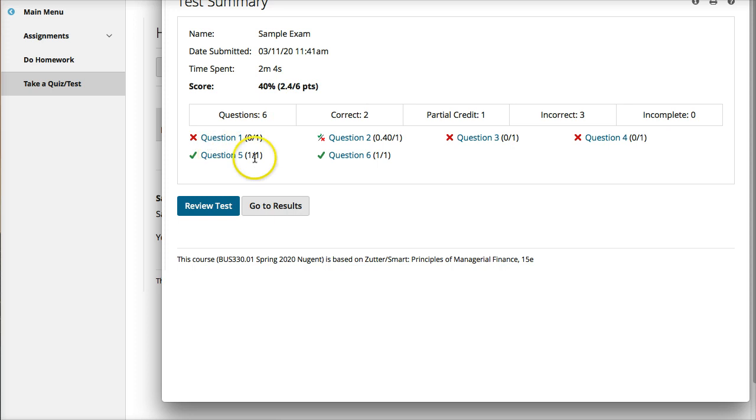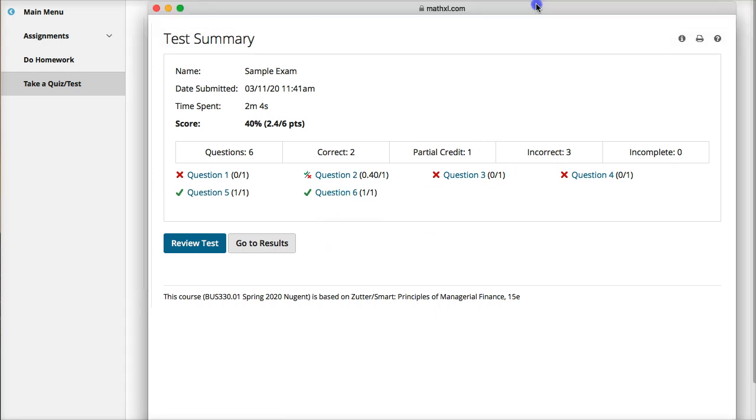then you'll see your score, and you'll get a list of the questions you got right and wrong. You can also click on each question and see what you got right and wrong. And that's how the test works. So it's pretty simple, right?